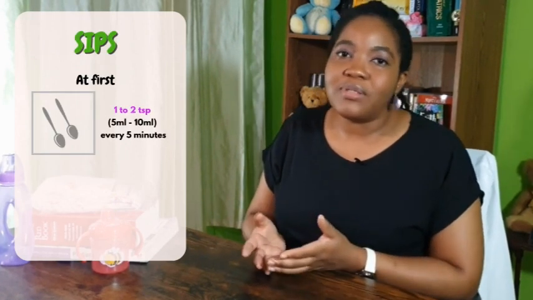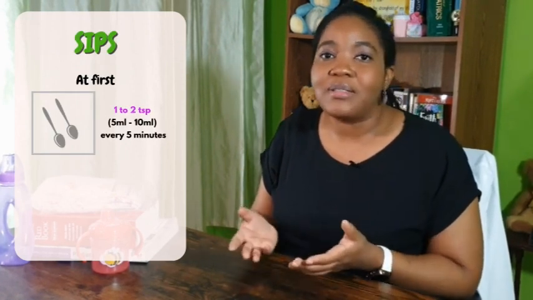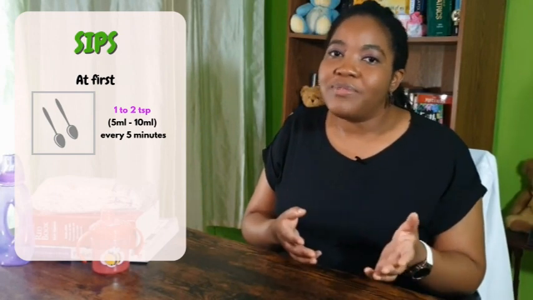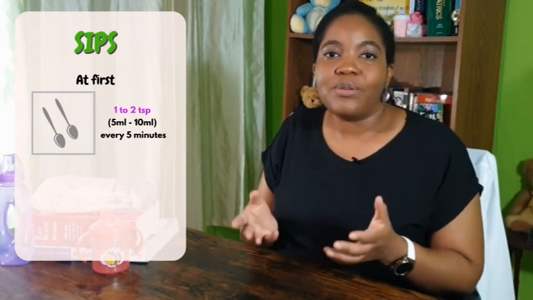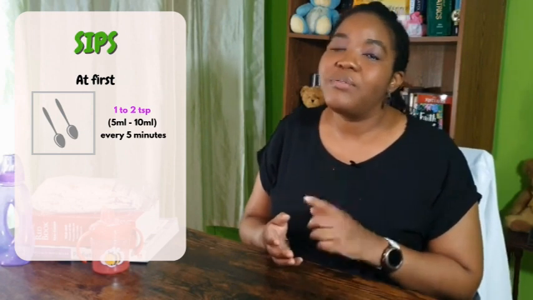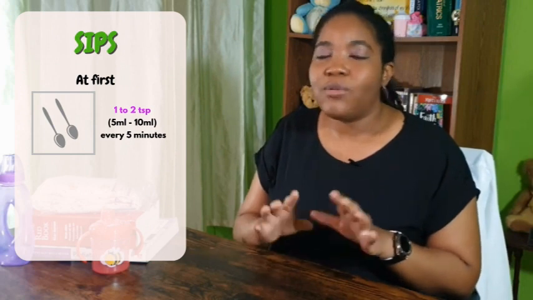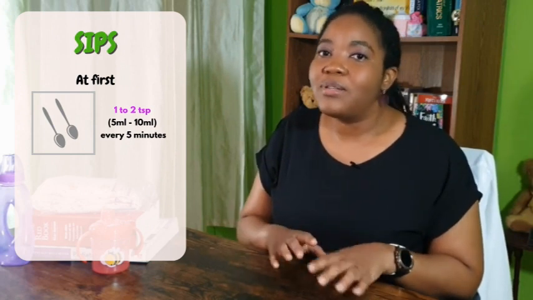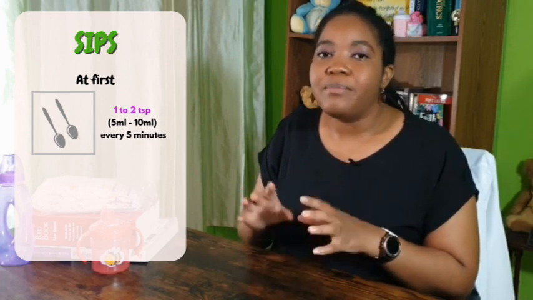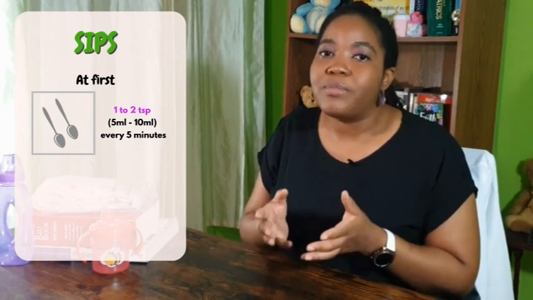Now, when we say sips, we mean like 1 to 2 teaspoons, that's 5 mils to 10 mils, every 5 minutes or so, every 5 to 10 minutes. 5 mils for your younger children, and then 10 mils for the older ones who can handle a little bit more. Our babies who are less than 3 months old, though, we don't want you to give ORS or anything else but breast milk or formula. That's fine for them. But the older ones, you give them those other fluids, and you give them small amounts